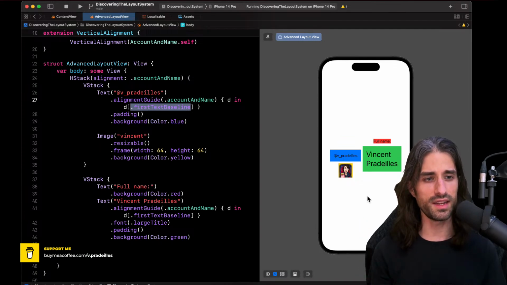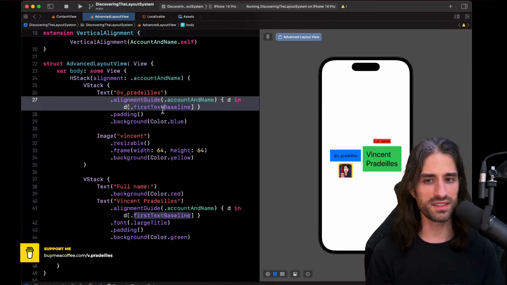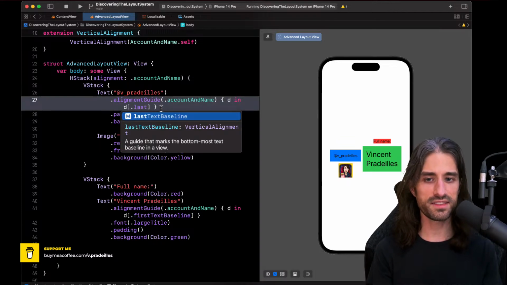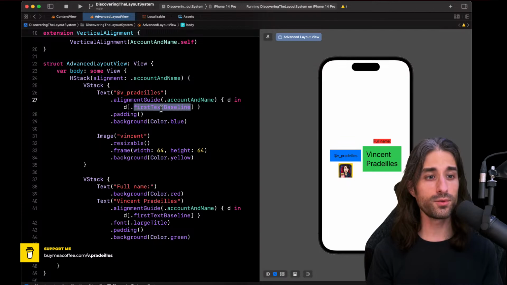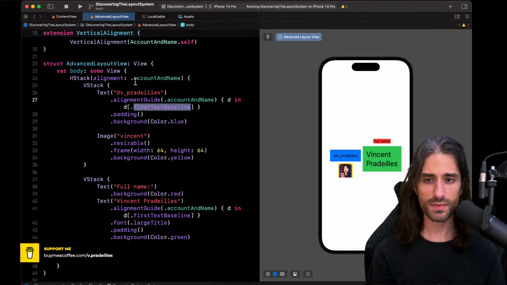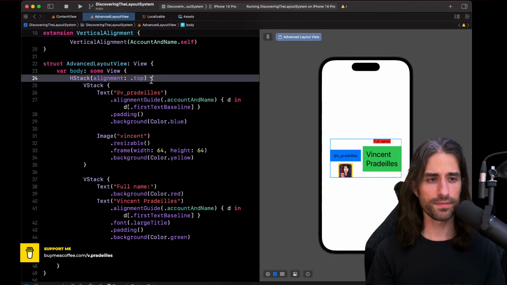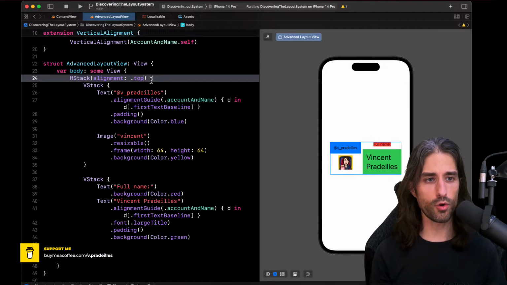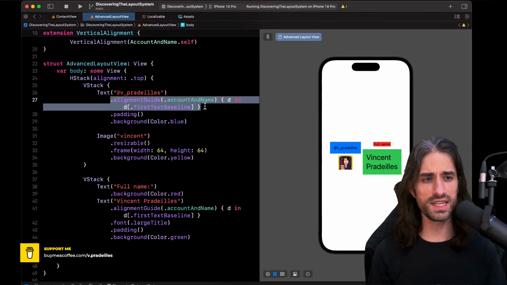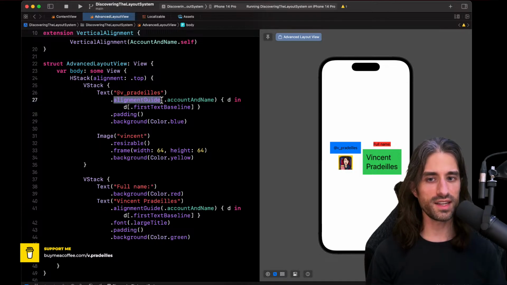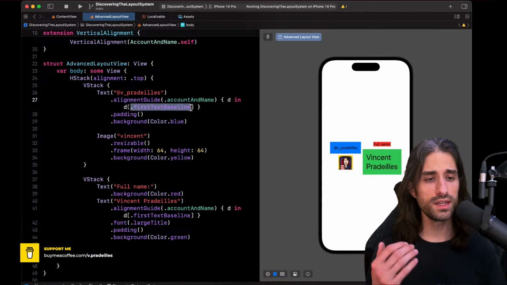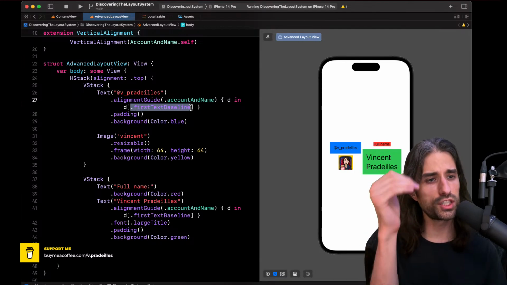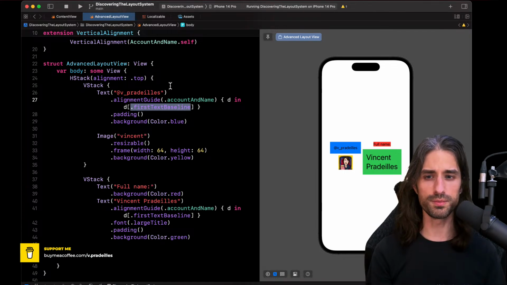But by aligning the baseline, we basically align the text in an harmonious way, and we have first baseline available, and I would say, yes, last text baseline, because you might want to align the top of the text together or the bottom of the text together. And so if we were to use top inside, it would go back to how it is, and this code here would be completely ignored, because what this modifier says is that when this alignment guide is used, this is how you actually compute the alignment value, so the value, the number, the coordinate at which you should draw the view.